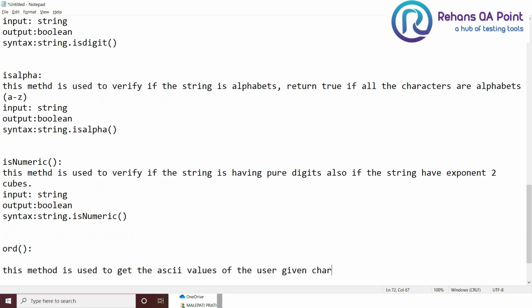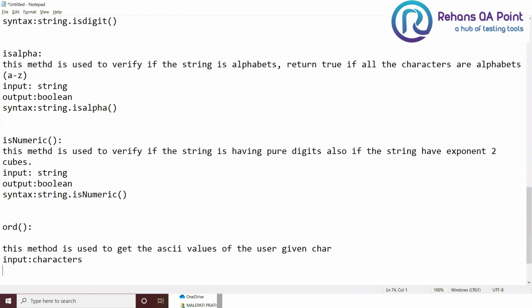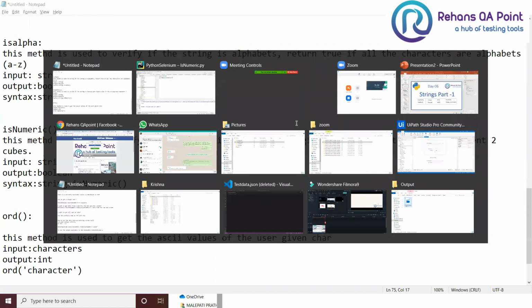For all the keys available on a keyboard, there will be an ASCII value. So to get that ASCII value, we are going to use the method called ord. The input is going to be a character, the output is going to be an integer. The method is ord of, just pass your character here.